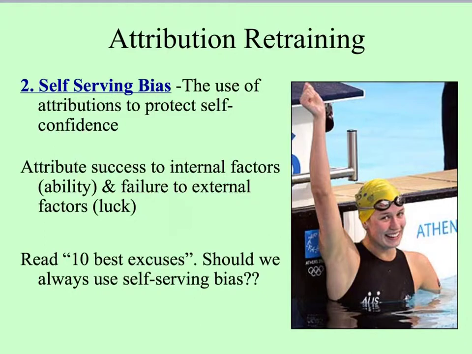The other technique I can use is self-serving bias. This is basically trying to protect your self-confidence. So it's doing the opposite of what the performer did before in those success and failure examples. If we do succeed, blame it on internal factors such as ability. So pat on the back, I did well, I played well, I'm a good player, that's why I won. Give yourself a pat on the back. And the coach can help to do that. And in failure, we can blame external factors like luck, blame the referee or the circumstances, or that we didn't have the rub of the green.